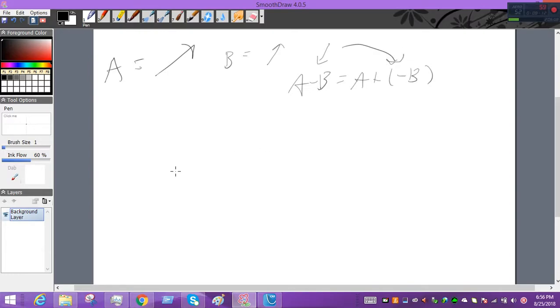So basically how you do vector addition is you draw one vector, and then from the head of that first vector you draw the tail of the next vector. So this next vector B would go like this. And then you connect the tail of your very first one to the head of the last, and that would be the resulting vector. So our resulting vector is looking somewhat like that,